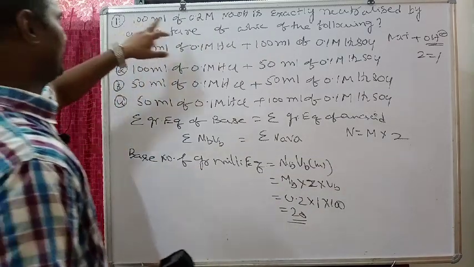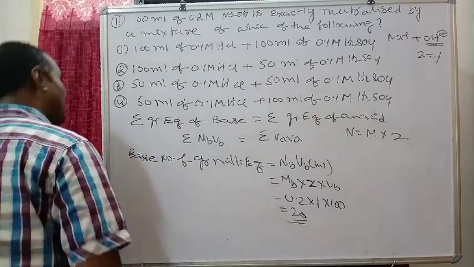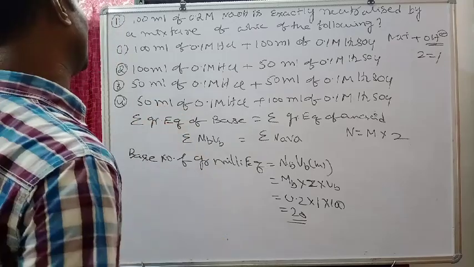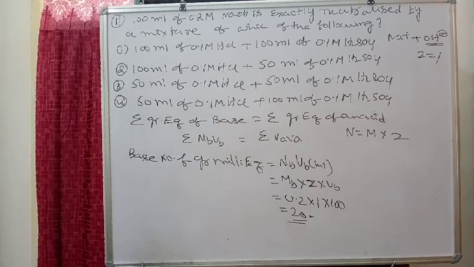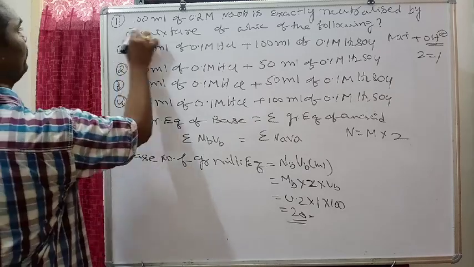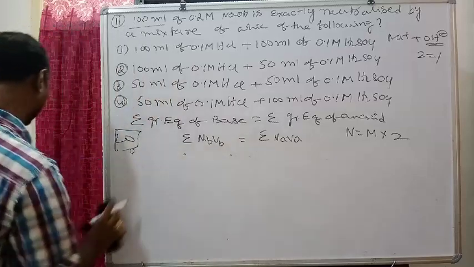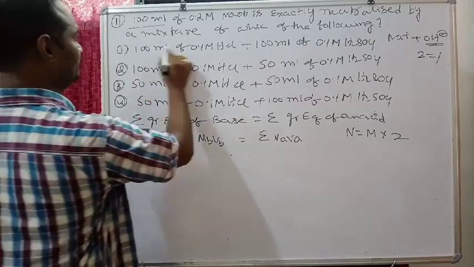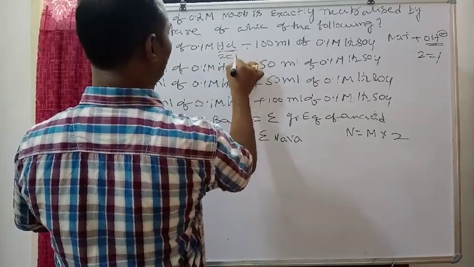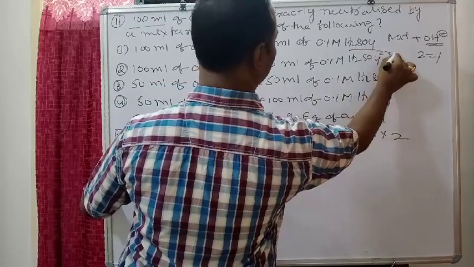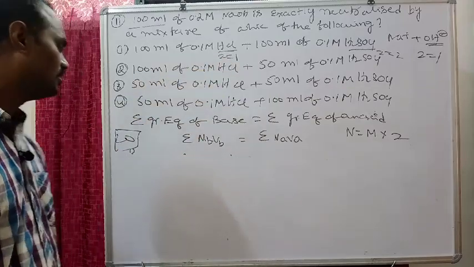So your base milli equivalents are 20. Therefore, for any combination you take, the milli equivalents of acid also must be equal to 20. In which case are we getting 20, you have to see. Remember, this is base milli equivalents 20. First one, sir, HCl Z value 1, H2SO4 Z value 2. Reason, H2SO4 can release 2H plus, HCl releases only 1H plus.